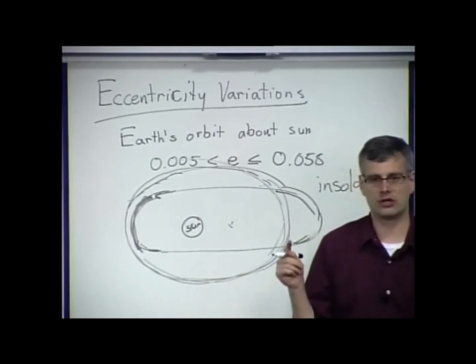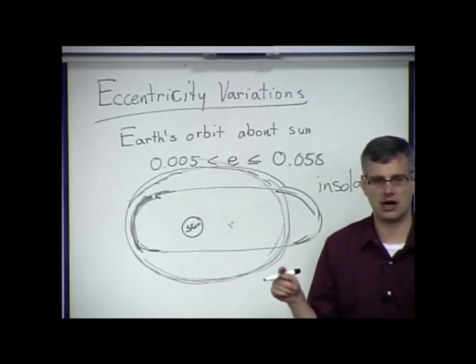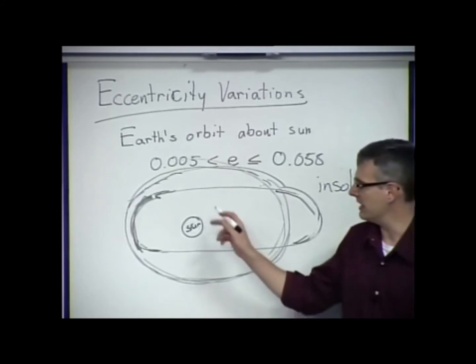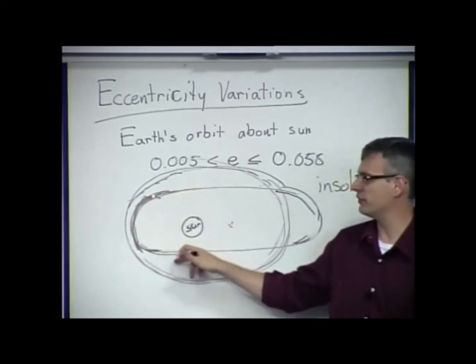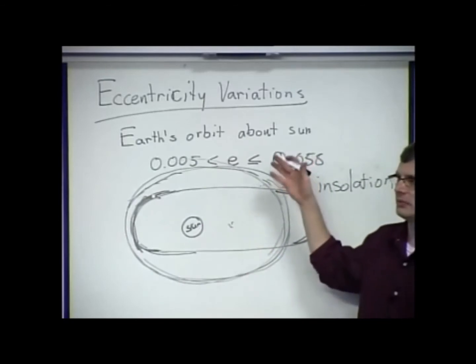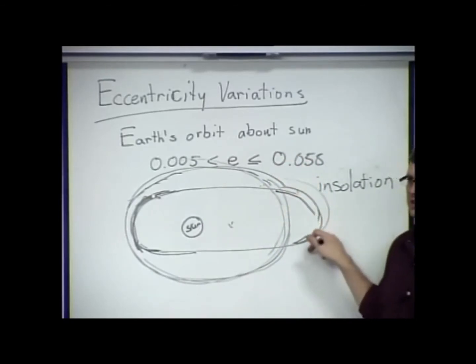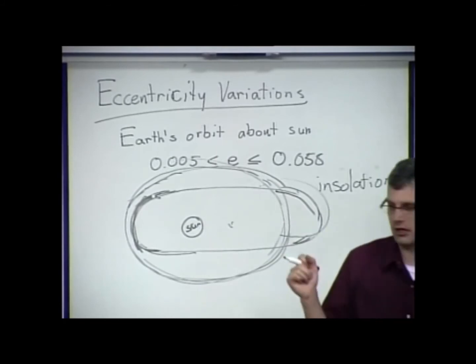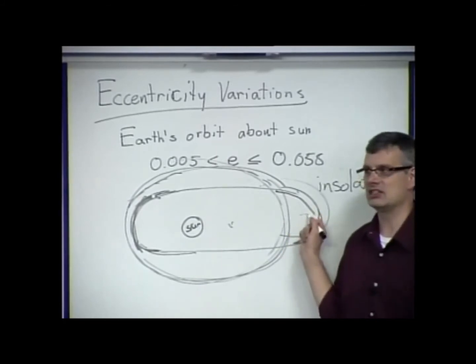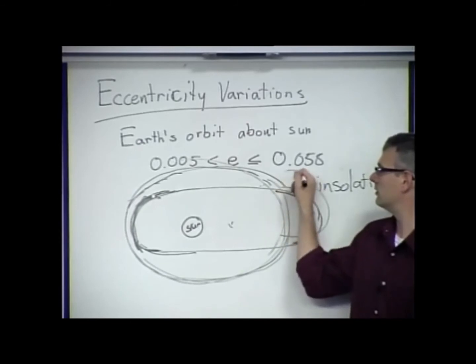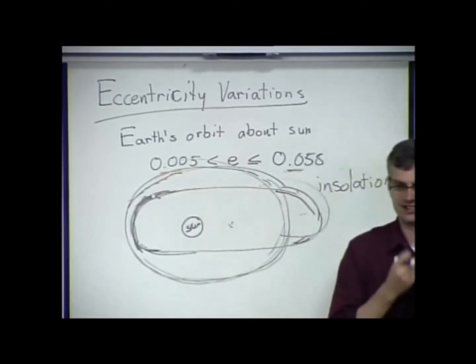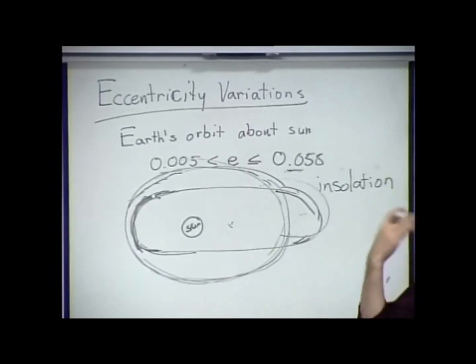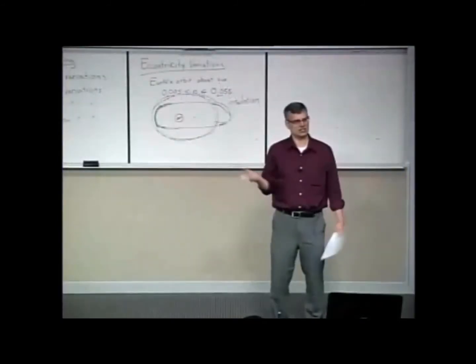But remember, we're not taking into account time. Kepler's second law says you will speed through this section of your orbit much faster, depending on how eccentric you are, compared to this section. So they may spatially average, but they do not temporally average out. Your planet gets less insolation at this eccentricity than it does at this eccentricity. And it's enough to make a difference, especially when it builds up over multiple years. So it's interesting. You probably never thought about that.